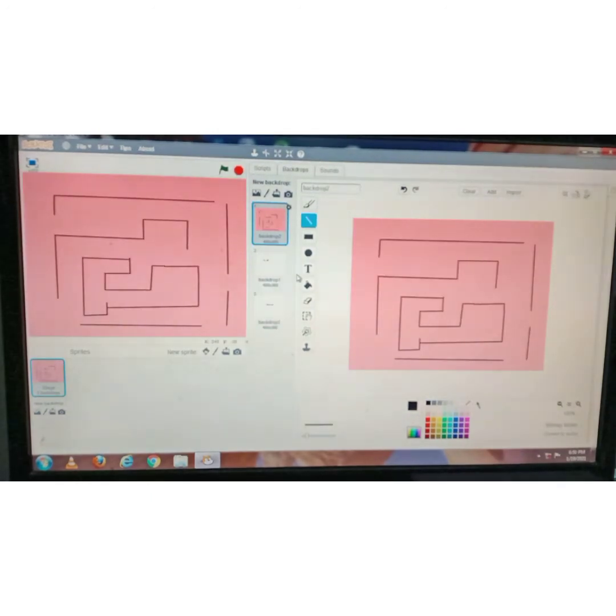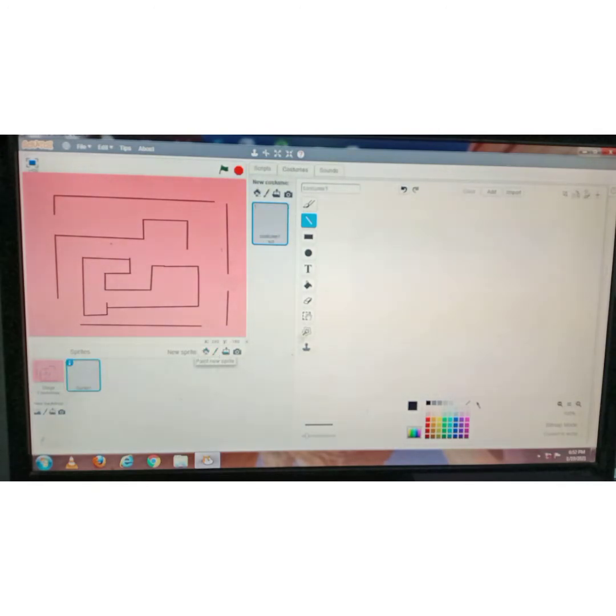Next I'm going to create my sprite. I need 2 sprites for this game. To create a sprite, you just have to click on this paint new sprite icon. Now I'm just going to use this ellipse, and check whether the color is black or not. It's up to you which color you want to apply. So I'm just going to draw the ellipse. Now I'm going to use the eraser,